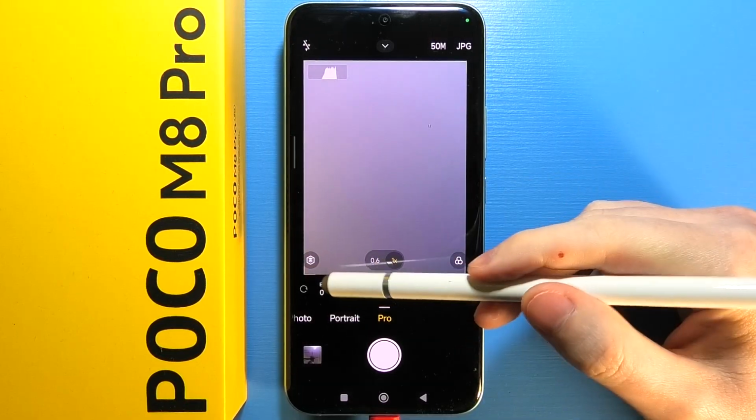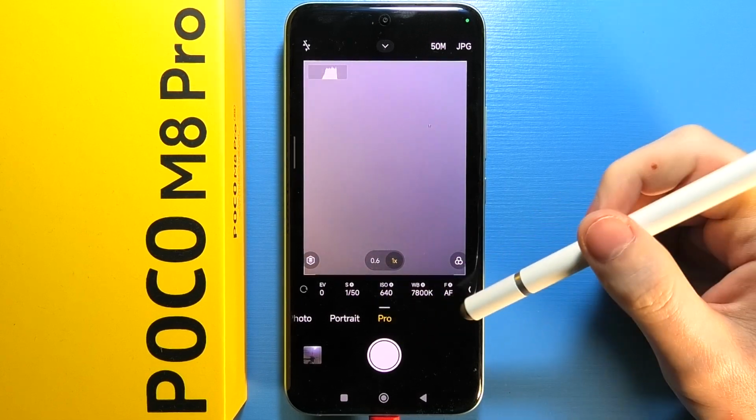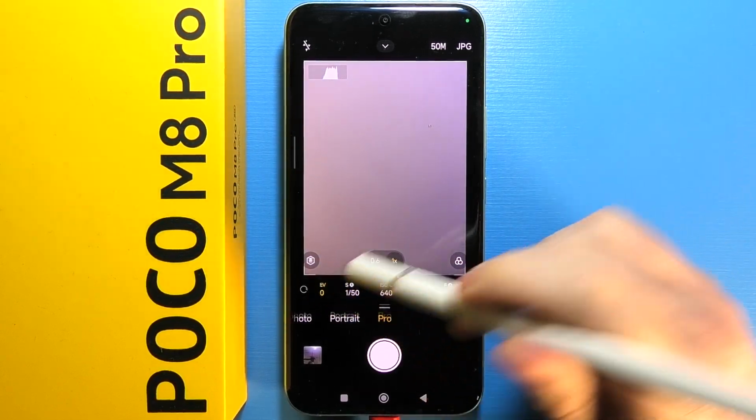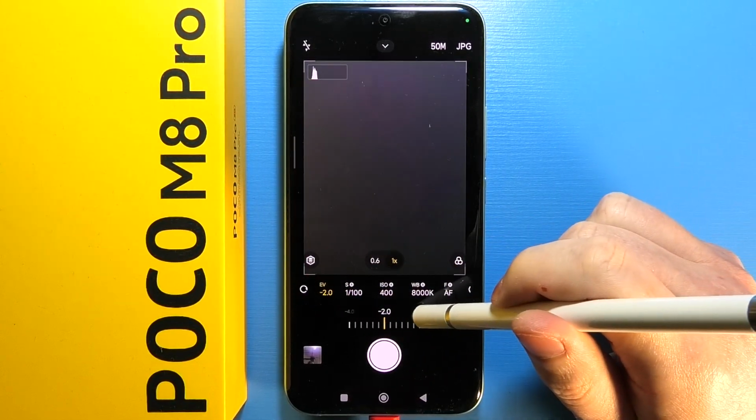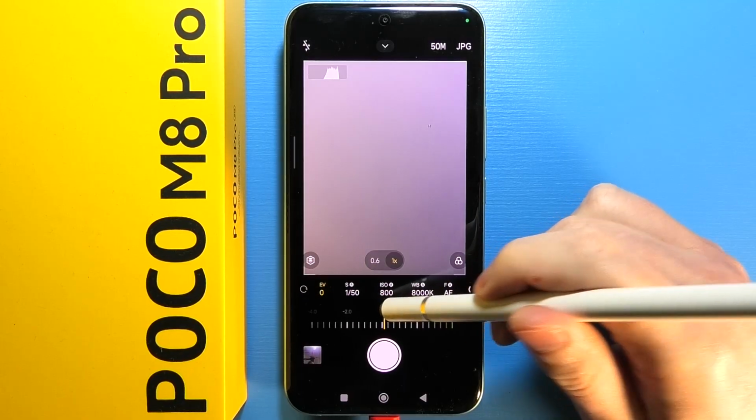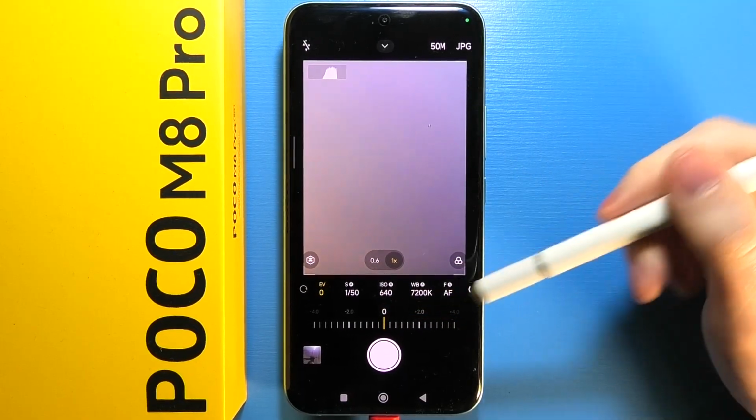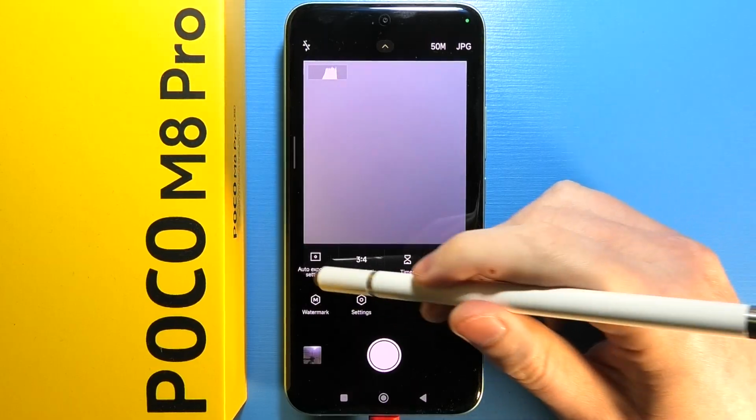Then we have finally options for the Pro mode, which are unique. We have evaluation that we can adjust. That changes the light catching of the light in your photo, so you can adjust it to